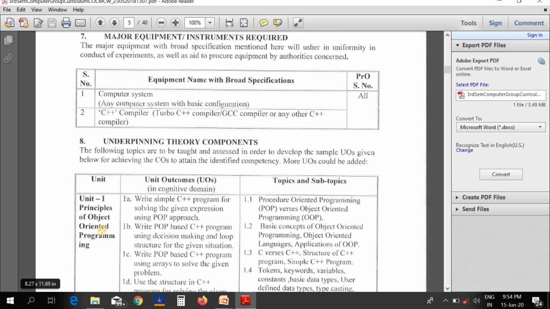So in our first topic, first we will see how procedure-oriented programming was a powerful and an easy approach for writing programs.